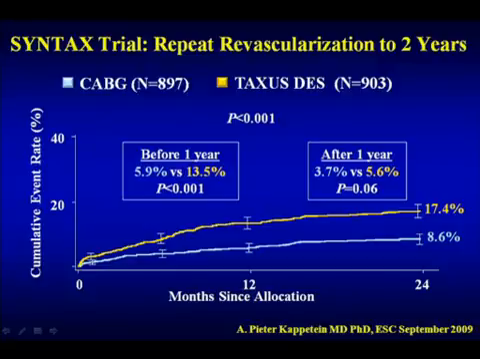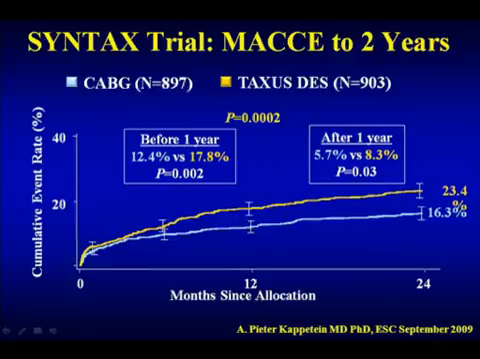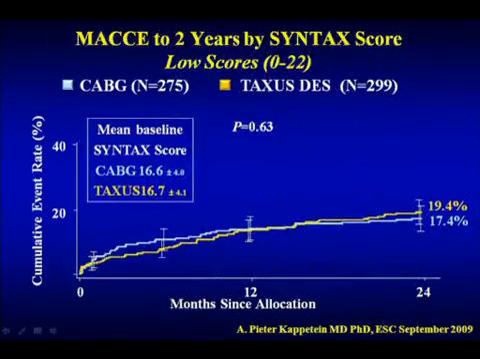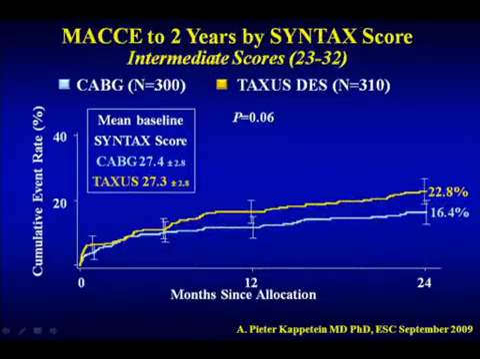Initial difference was about 7%, now becomes almost a 9% difference in revascularization, and this leads to the overall MACE in favor of CABG, that now curve separated 7+%. Now, what about based on the SYNTAX score? The SYNTAX score in terms of the low, medium and high, less than 22, you can see that identical at 2 years, that once you get to 23 and 32, the difference goes in favor again with the CABG,